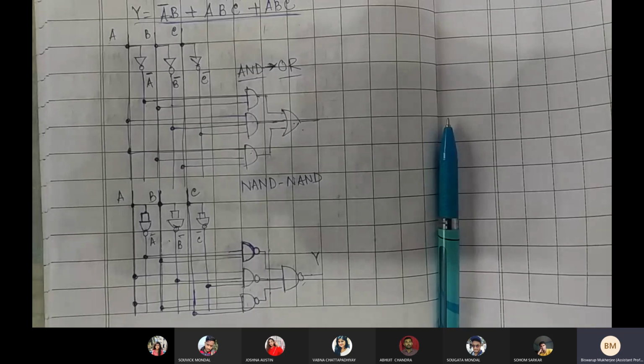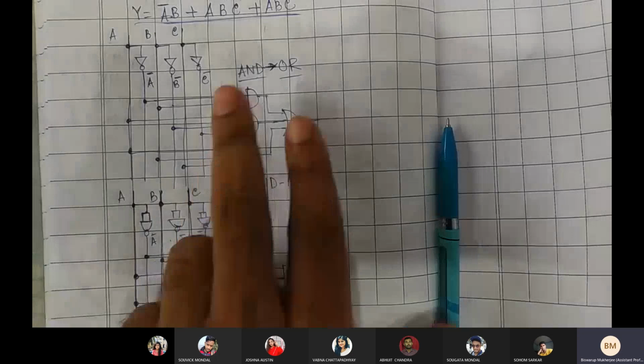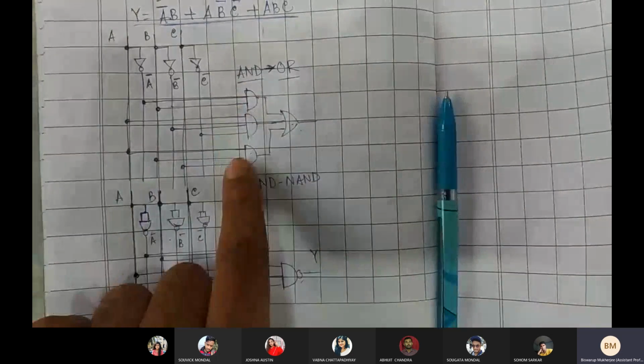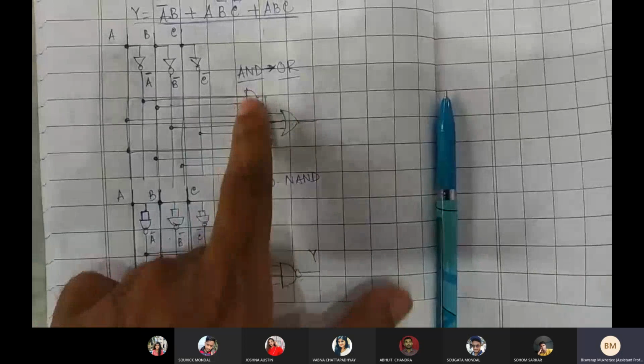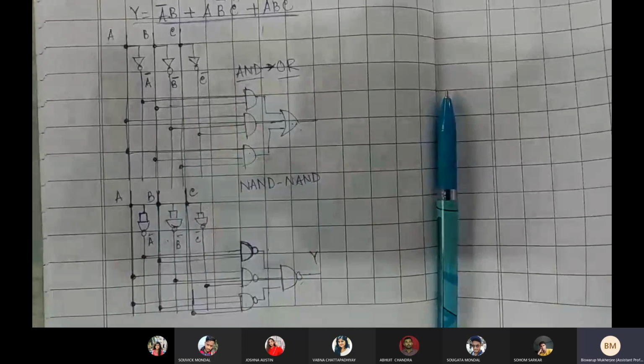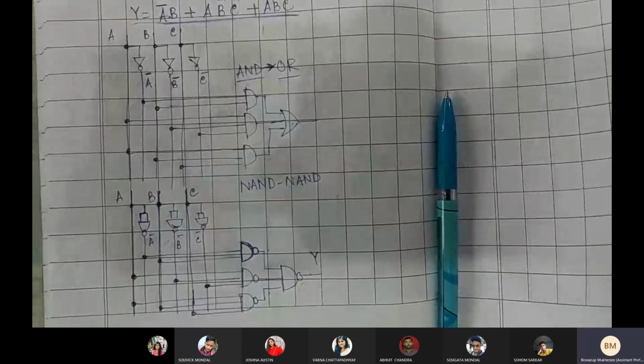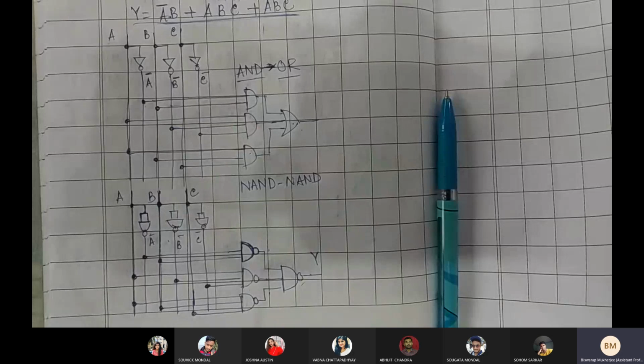So that cannot be directly replaced. Make sure the logic should be something like this: sum of product terms. This is the sum of the product terms, right? So that is why it can be replaced by NAND. And similarly, the product of sum terms can also be replaced by your particular NOR. We will be looking at that one too.